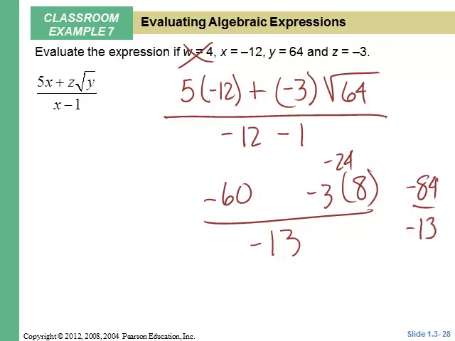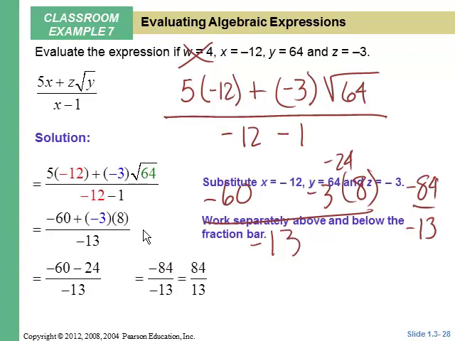Always learn. Oh, there we go. Okay. Plus negative 3 times 64, and I get 84/13 is my answer. All right. So